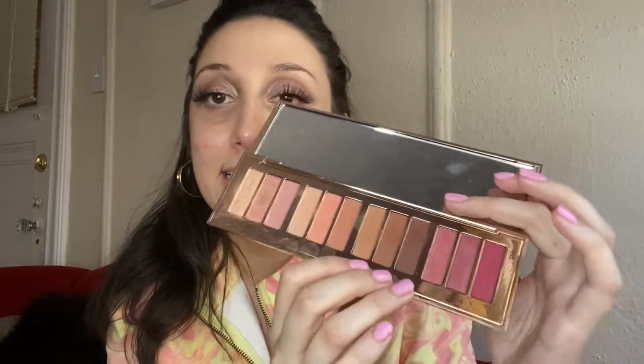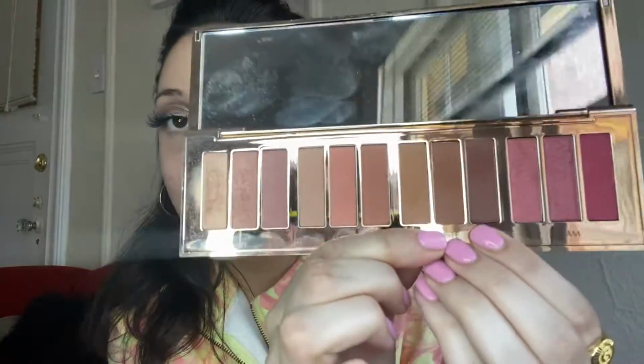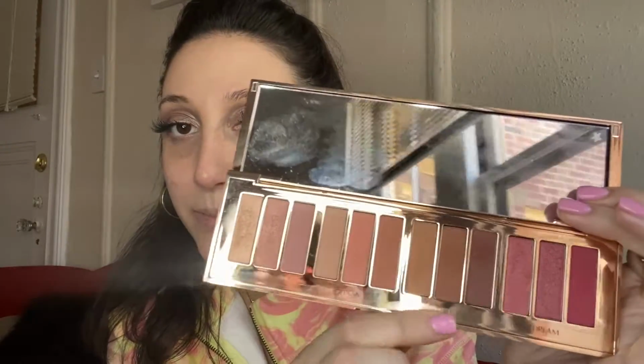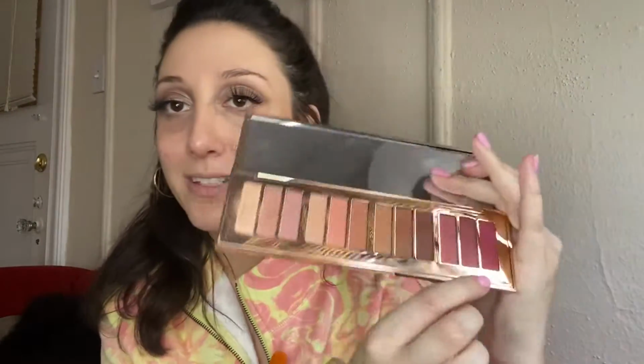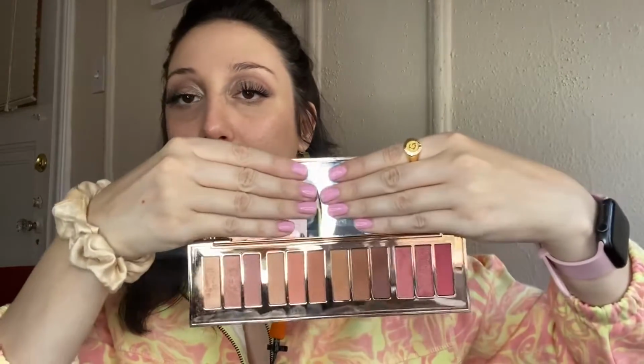But I have to say that this is very light for a date night look. This is actually more of a neutral look in my opinion. If you have darker skin, this is definitely going to be a daytime look, not a nighttime date look, which is what she's trying to say. I just feel like this palette for the price lacks depth, which is upsetting because there's a lot of shades, and I feel like she could have just gotten rid of Dream altogether and put like a black, a navy. I just don't really see the point in Dream at all because that's not really going with the theme at all. And yeah, so she says on the back, Prime Enhance Smoke, 4 buildable magical pillow talk eye looks,